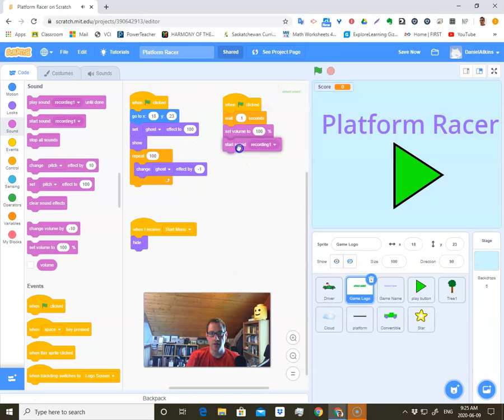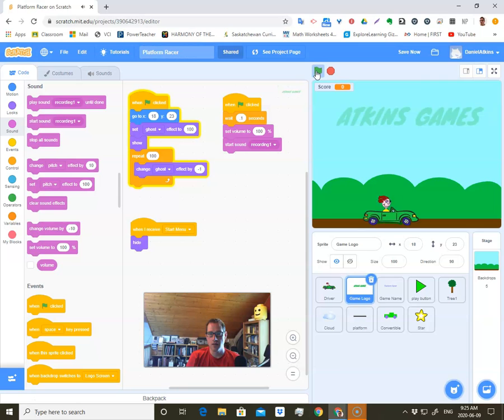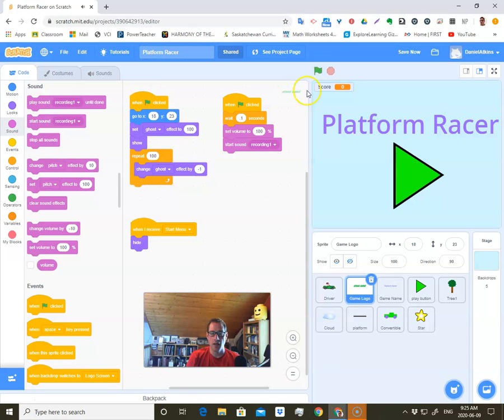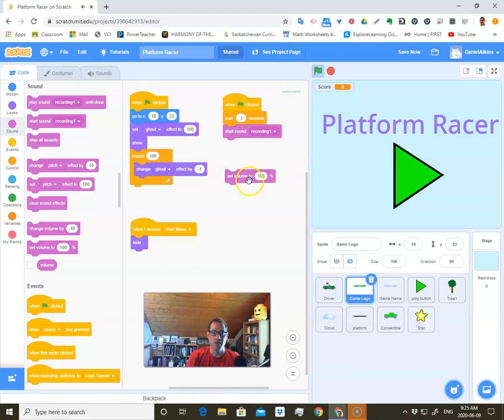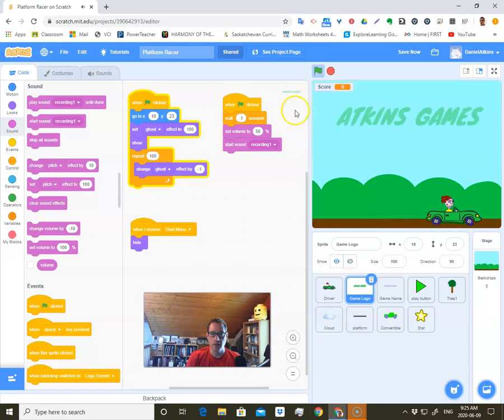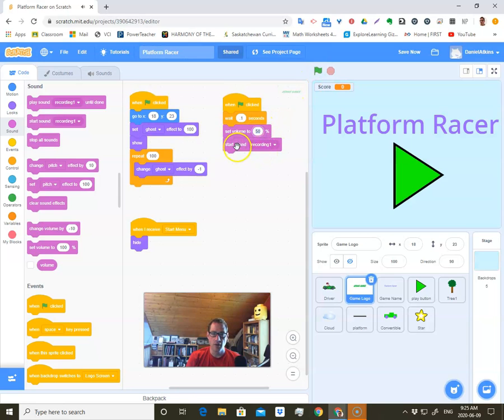Yeah, I don't think that changed anything. Actually, I don't mind that though, the way that's set up. Anyway, I don't need the volume block. It's only if I want to make it quieter. Like if I want to change that to 50%, and then I put that before I played this, then it'll be quieter, which is not what I want anyway. So we'll